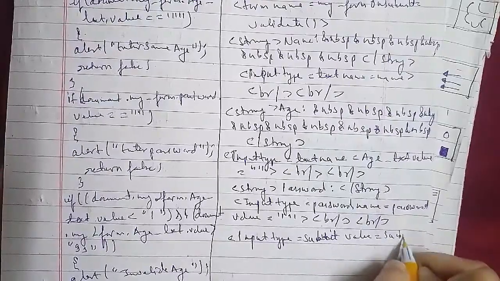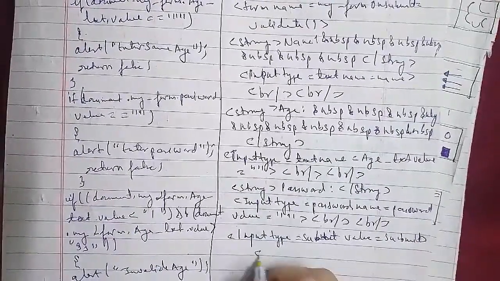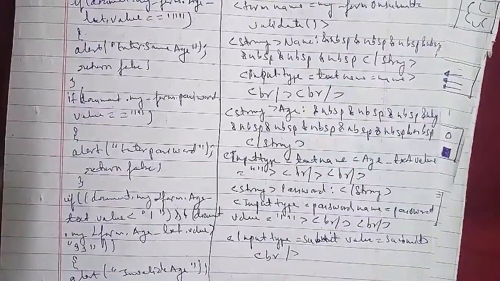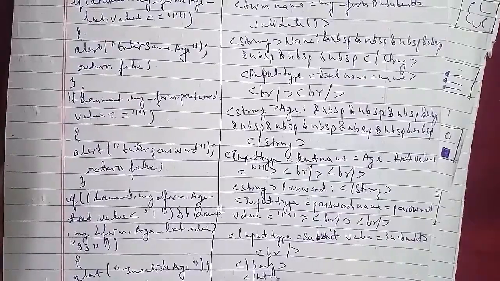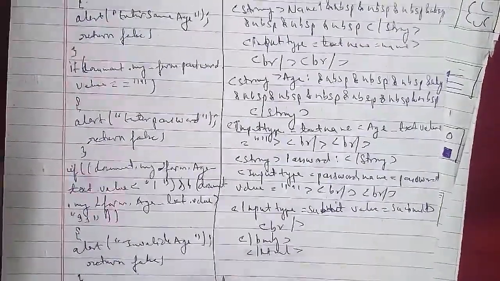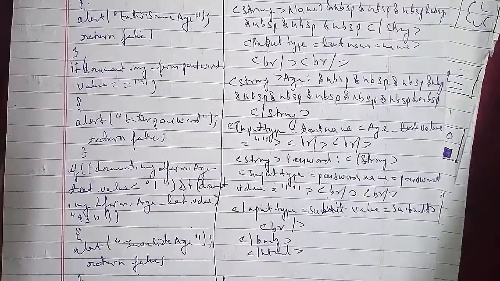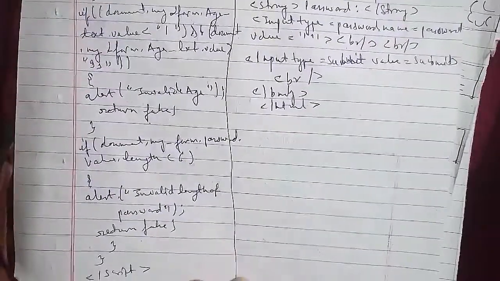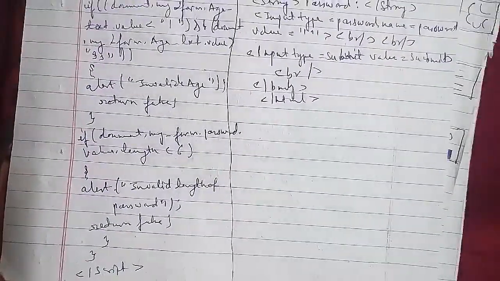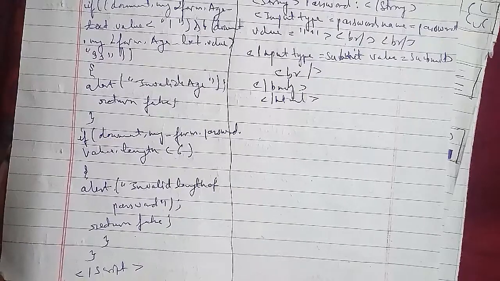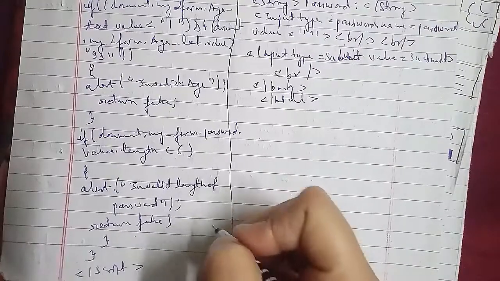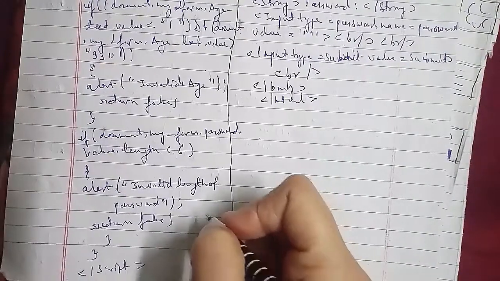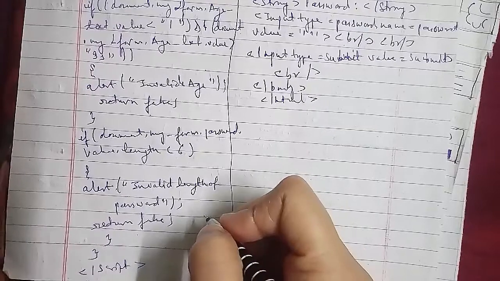And now we'll go ahead further here with regard to it. I will write an alert, that is please choose your gender, either it could be male or female. Then after that we'll go ahead, and that is to return false, then closing tag, then if